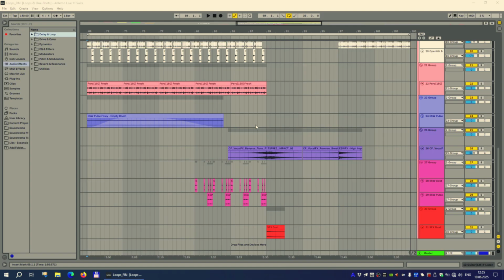Now let's come back to the project from the previous video and see how some of these effects work. I'll be applying spectral modulation and time-based effects on some of the tracks. So let's open the signal chain first. To do it, just double-click on the track's header and you'll see the signal chain appear in the lower part of the screen.